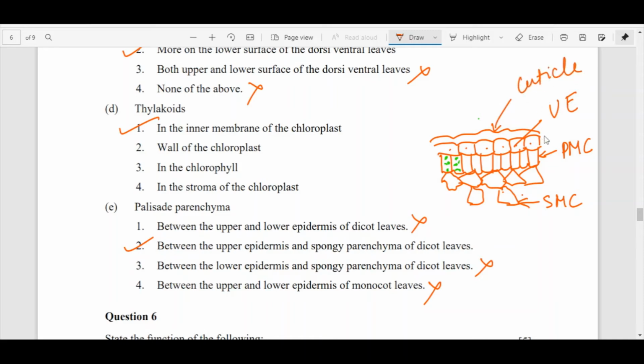अब आप लोगों को याद रहेगा palisade mesophyll layer जो है, जो कि palisade parenchyma cells का बना होता है, it is located between the upper epidermis and spongy parenchyma. These cells, children, these are the spongy parenchyma, very soft in nature. So and they have lot of intercellular, इन cells के बीच में बहुत सारा intercellular spaces होता है बेटा. You must have studied. Okay, so ये हो गया correct answer, that is option number 2. आगे बढ़ते हैं हम लोग.